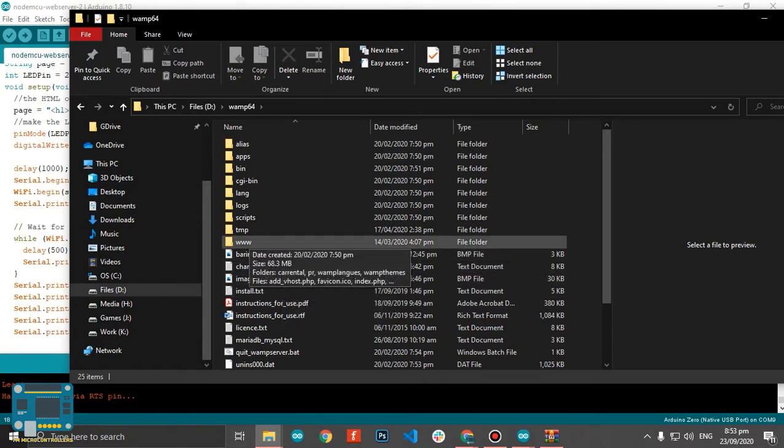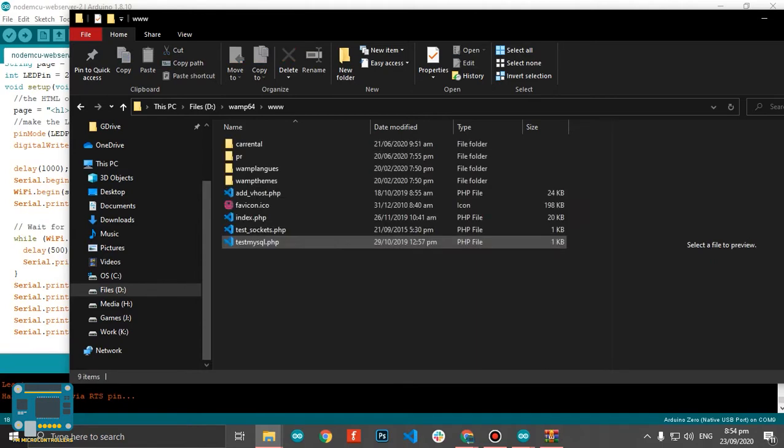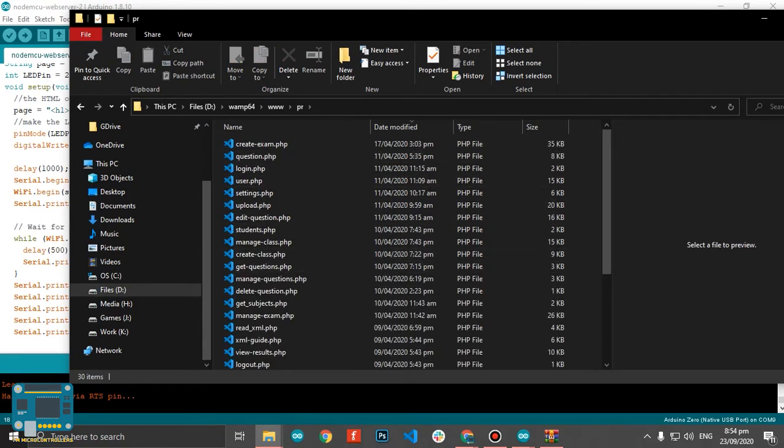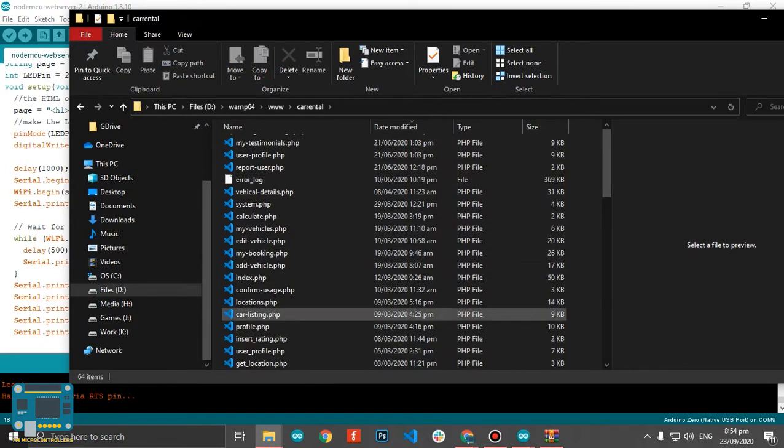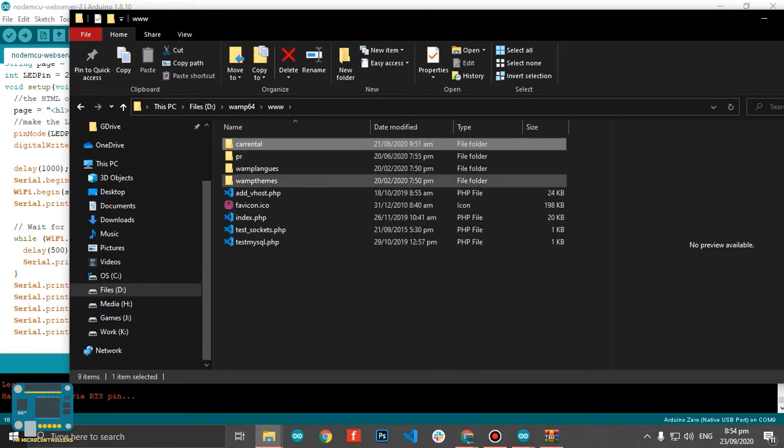Without WAMP, we cannot actually run PHP locally. But we can definitely run an HTML-only web page, but not PHP. These are example websites that I have. We have some examples here, and of course, these are all PHP. The point is,